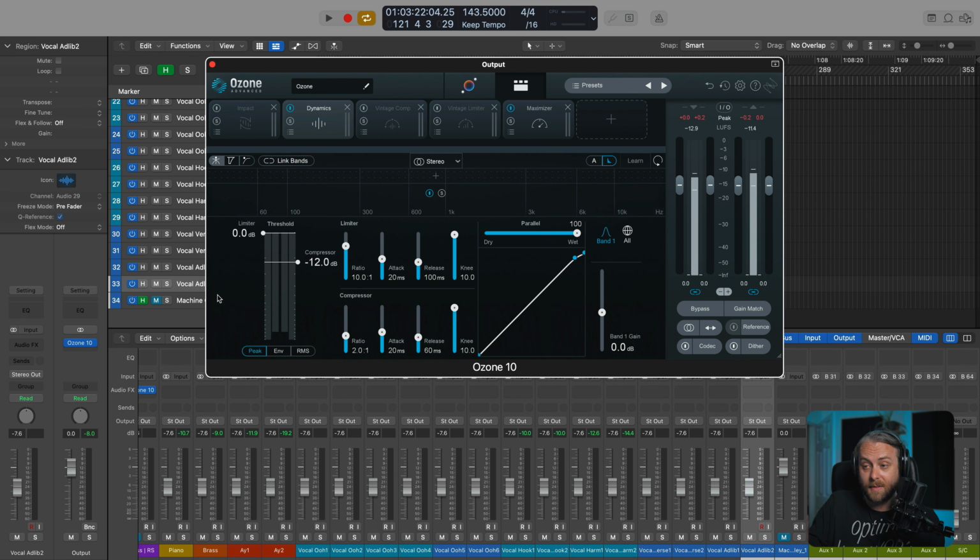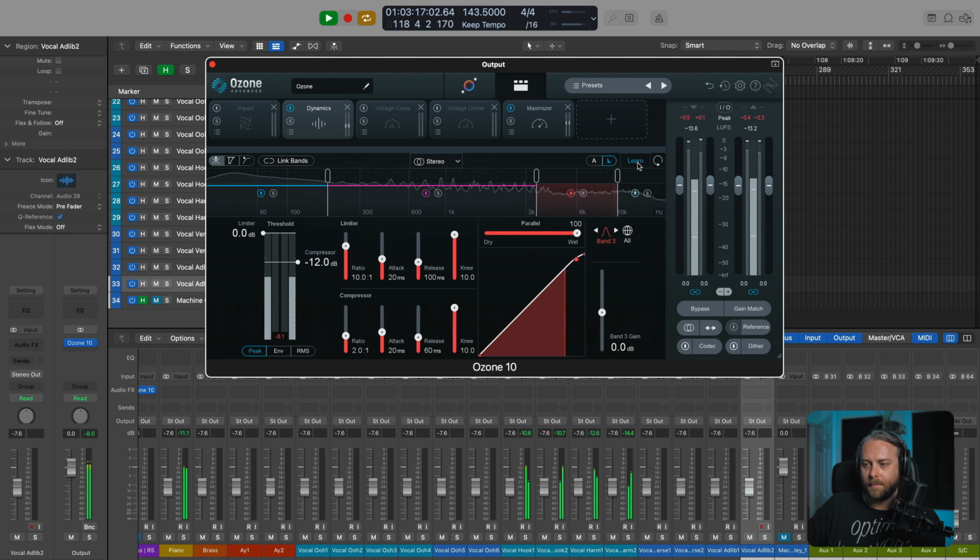This is Dynamics. It is actually a multiband compressor. I said multiband. How do I add bands? Hover over here, click the plus, click the plus, click the plus. Now we have 4 bands. We've salami'd up the spectrum here, and we can actually press learn to have these guys adjust accordingly. So Ozone just found the right crossover points for all those bands.